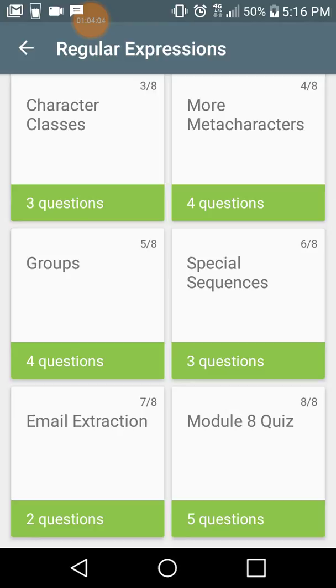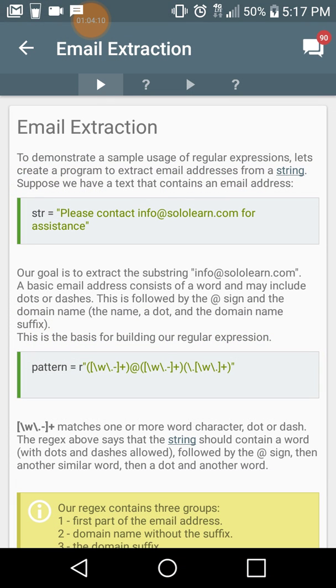All right, we did special sequences. We're now down to email extraction, and next will be the quiz. To demonstrate a sample usage of regular expressions, let's create a program to extract email addresses from a string. Suppose we have a text that contains an email address. str equals the string "Please contact info@sololearn.com for assistance." Our goal is to extract the substring